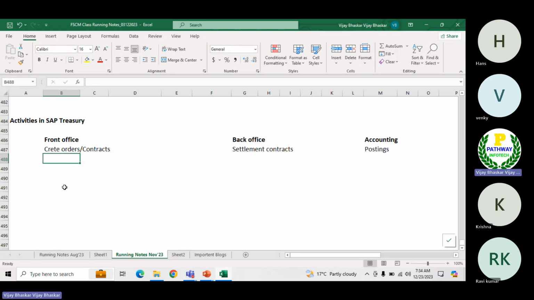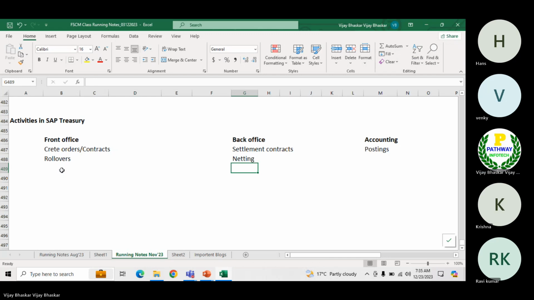The next one is rollovers. Rollover is nothing but an extension of the contract. Let's assume today is the 23rd of December. We have entered into a forex contract which is going to end on December 31st. But now we would like to continue that contract, or extend that contract by another 3 months. So there is a functionality called rollover. We can extend the date in the contract. Then